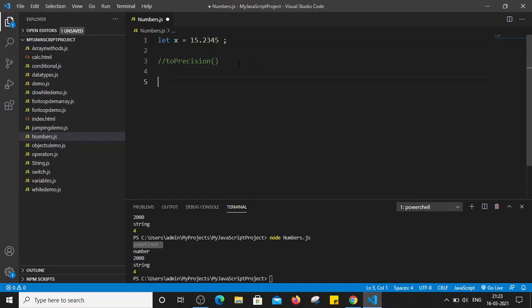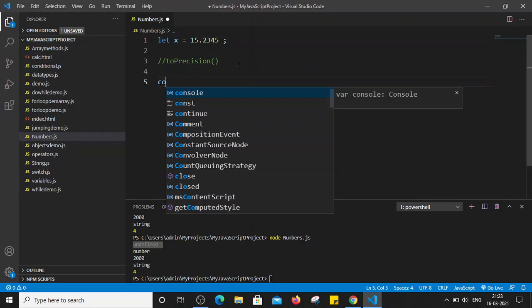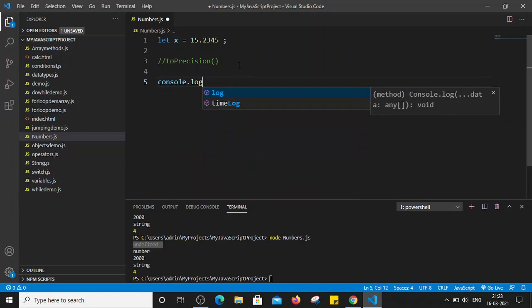Now let's check how we can use it, let's say console.log. Now I want the number to be displayed with 4 precision. So how can we do that? I want to display the number by only using 4 precision. So I want to display only 15.23.